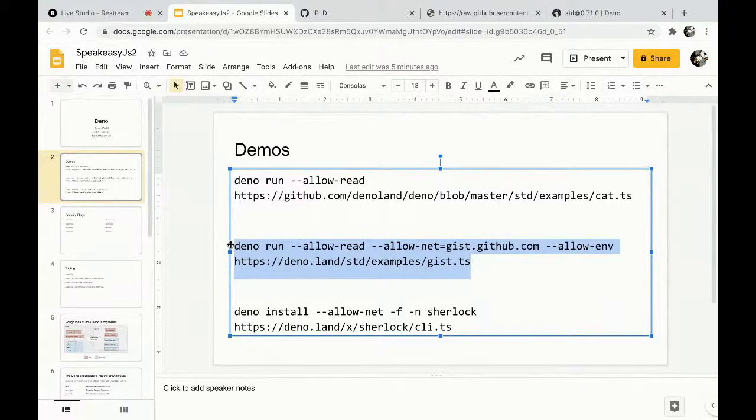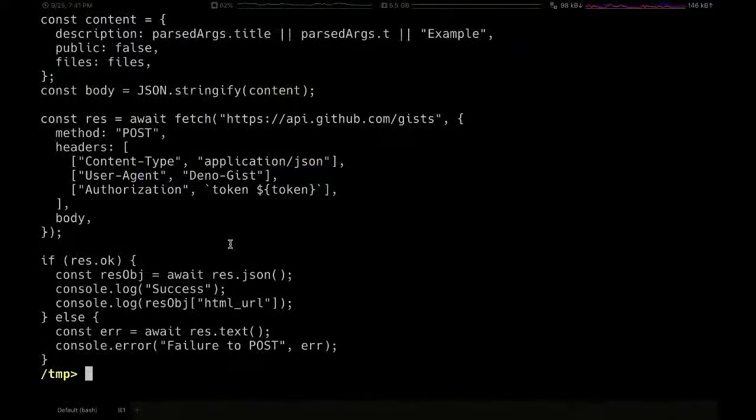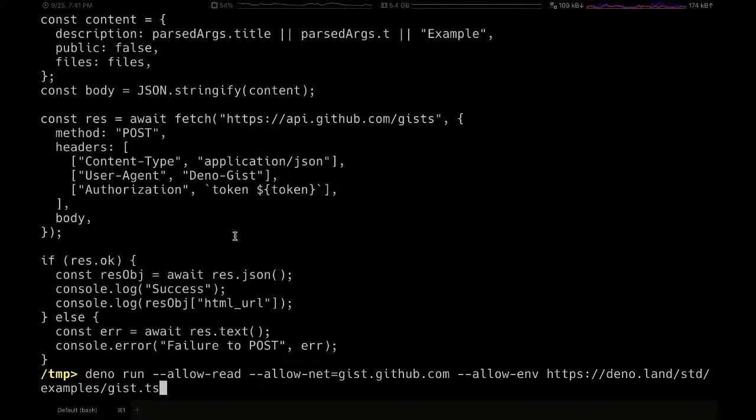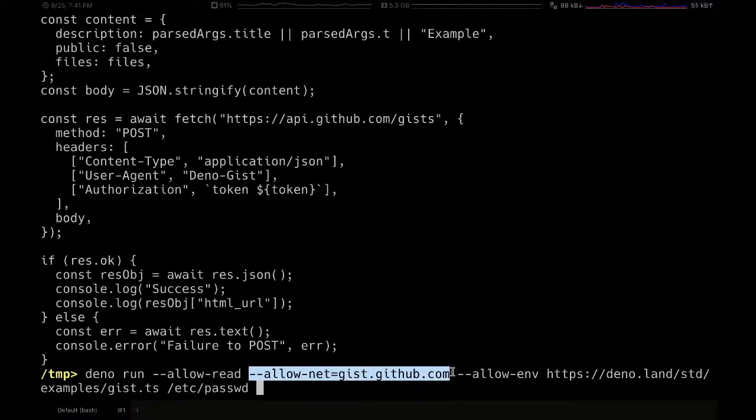connects to the GitHub gist service and allows you to put a file up there. So what I'm going to try to do is upload my EDC password. Of course, EDC password has the shadow, whatever. This should be secure. Notice that we've got the allow read because it's going to need to read whatever file. So I'm going to pass this thing EDC password again, right? So it needs allow read in order to do that. But we don't just give out network access willy-nilly here. With network access, you could read your SSH keys, and then you could send those out in some